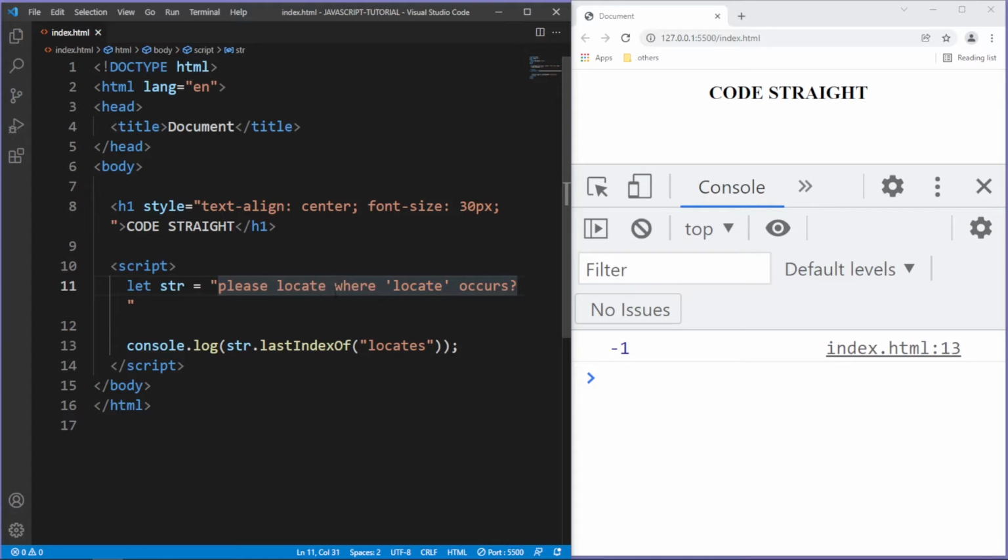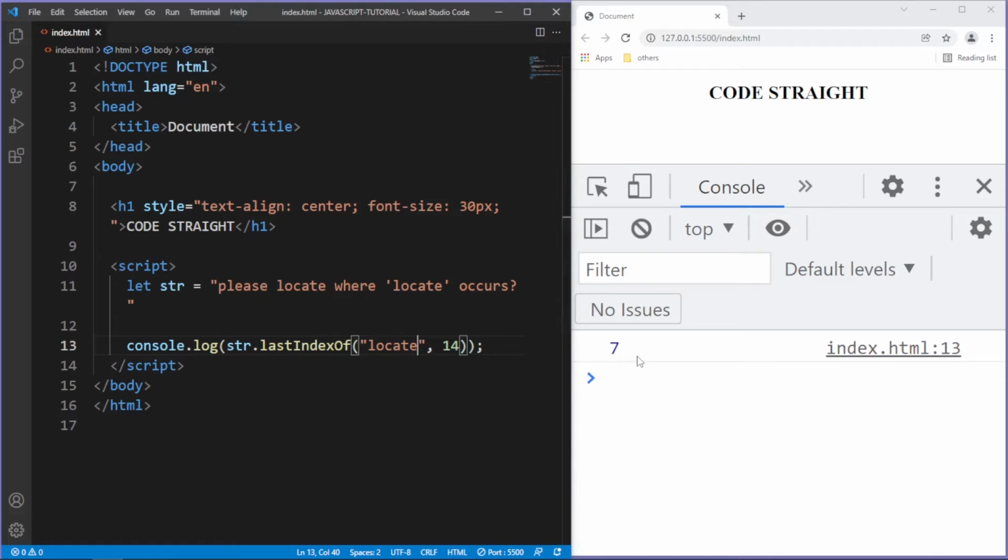The position of this letter is 14. So if I come in here and type comma and 14, hit save,